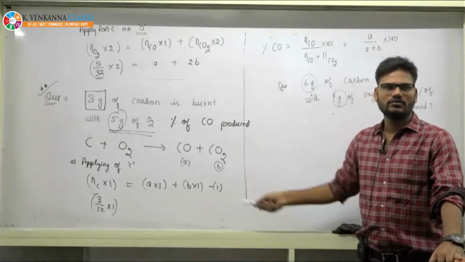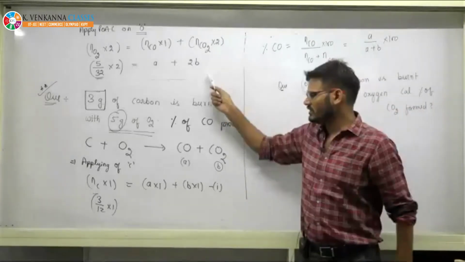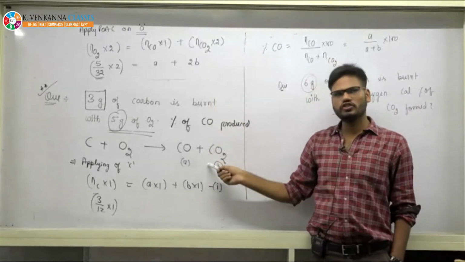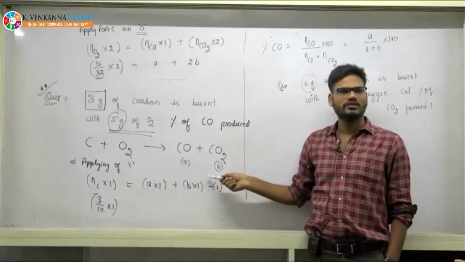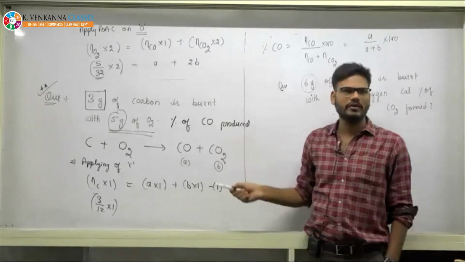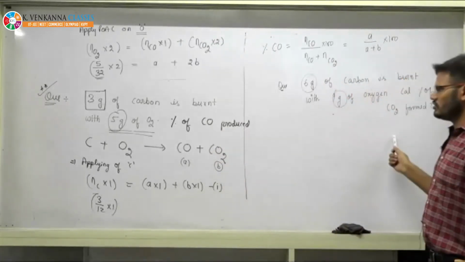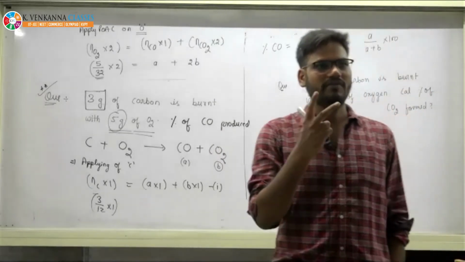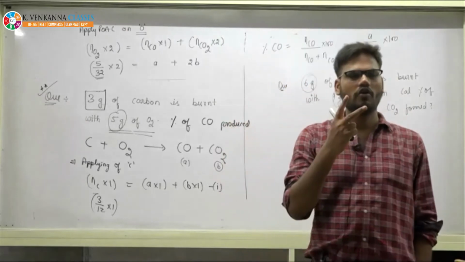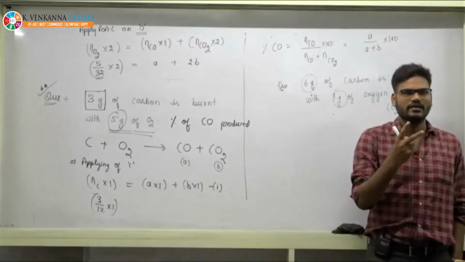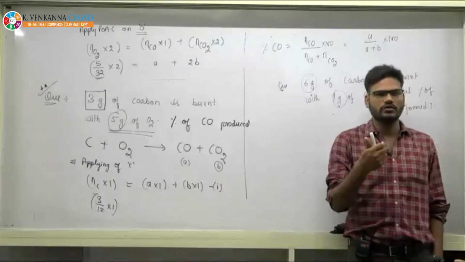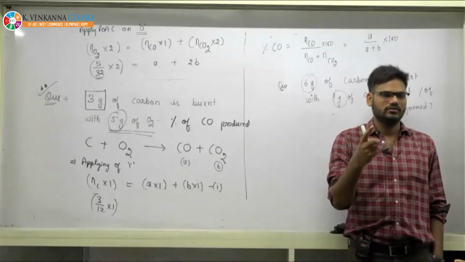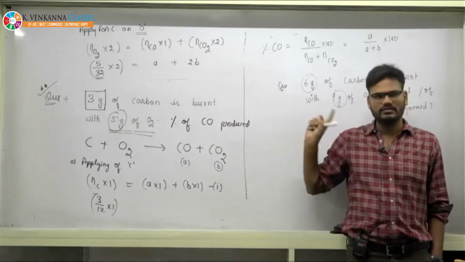Okay. So this is a different equation. These are equations, but we have assumed the moles of CO2 as B. So it should be A upon A plus B. You solve this question. Whenever in any problem they have given you information about two elements and they say that they are completely consumed and they want you to predict the percentage of any product, then you can use this method. This is a very good method.